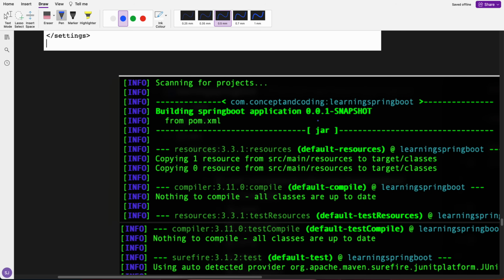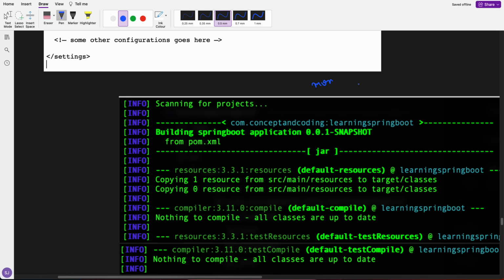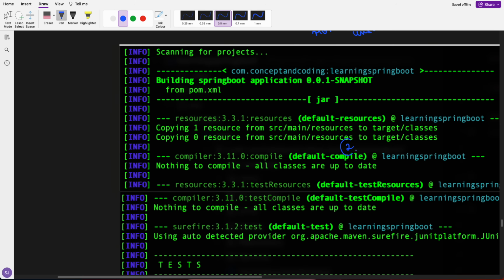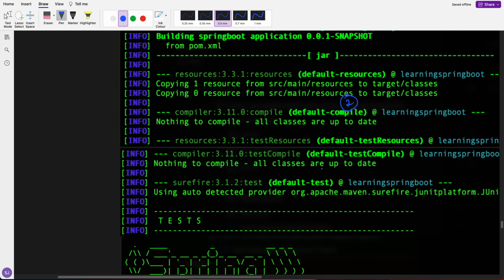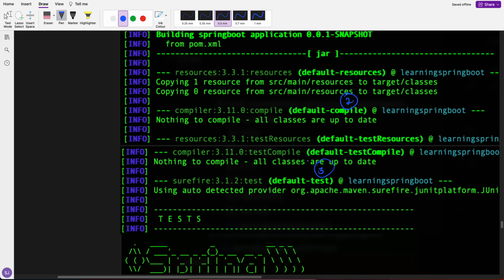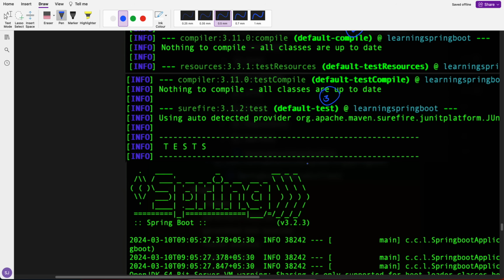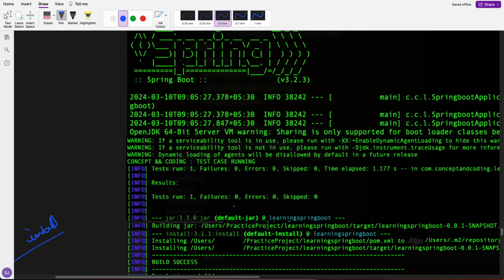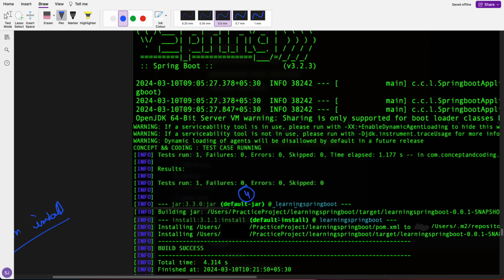So here I am doing Maven install. It will first validate, then compile, then run test cases. After running test cases, what will it do? It will do the package, right? After the package, it will do verify. I think we don't have verify. And after that, it does